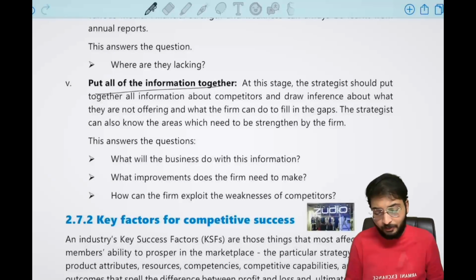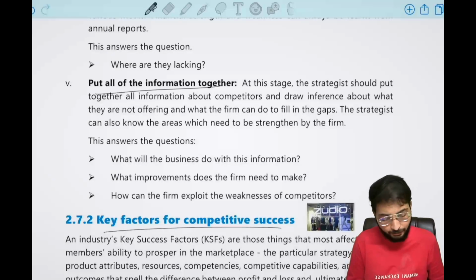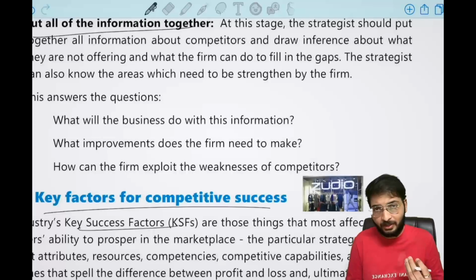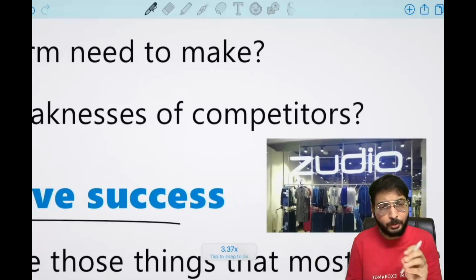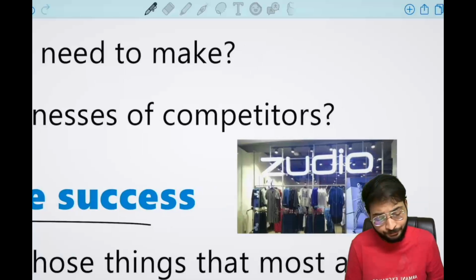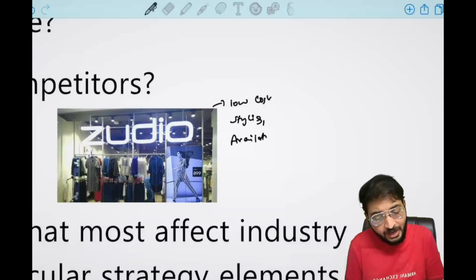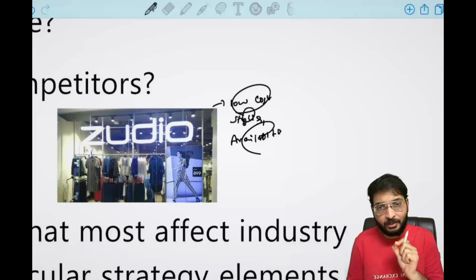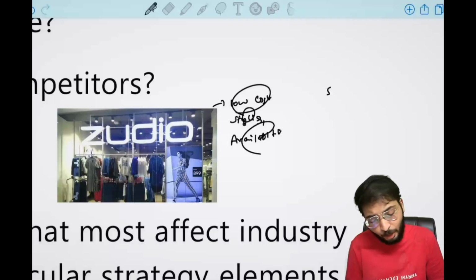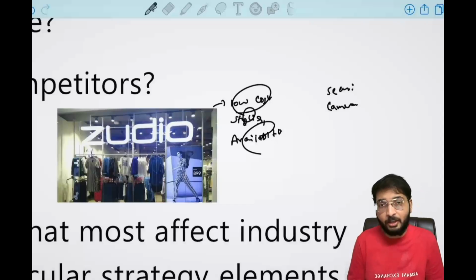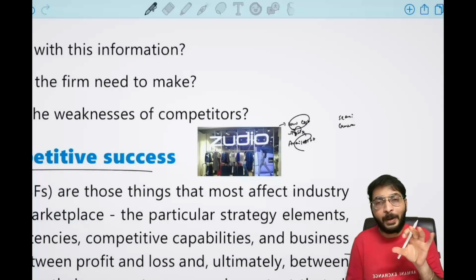The last topic of the chapter is called key success factors. See, any business, Zudio is also a business. Why will people go to Zudio? Low cost, styling, availability, all this, right? All this you're telling for Zudio, these are nothing but key success factors. What is it for Apple? Security, camera, all this. So key success factors are nothing but the core strengths of that particular business